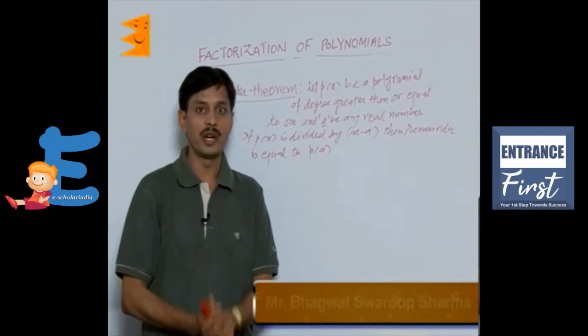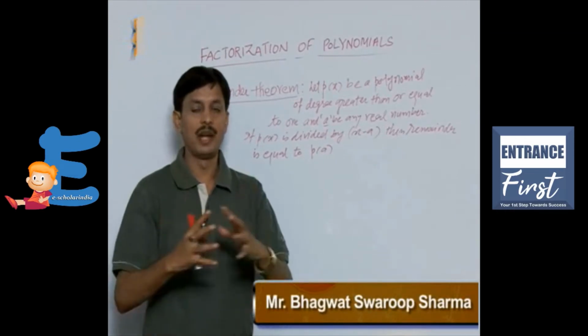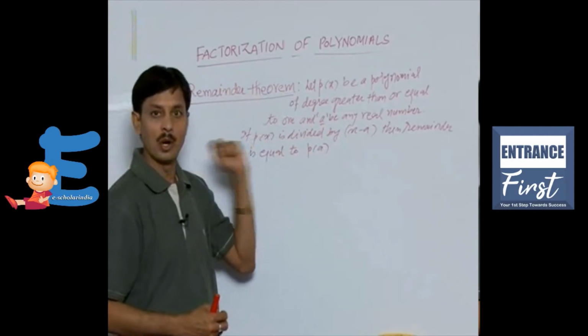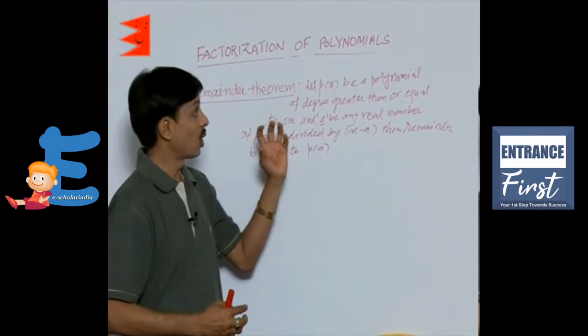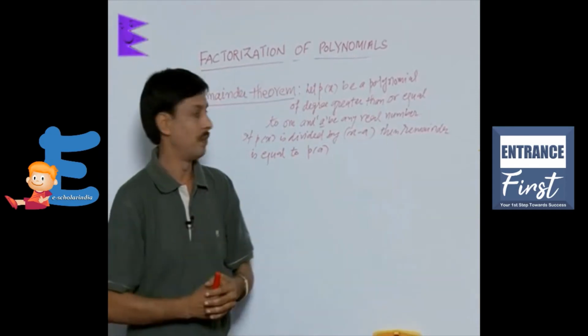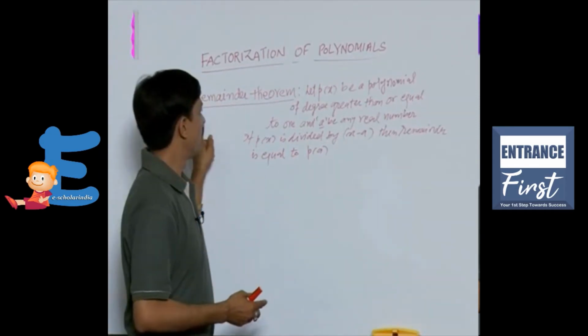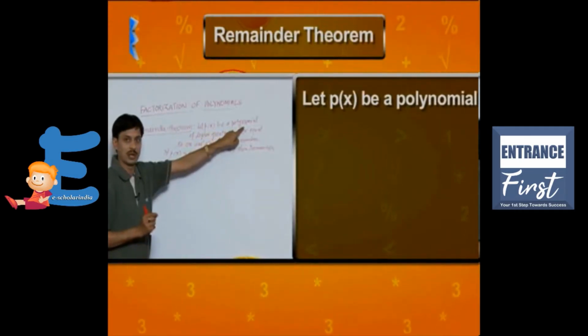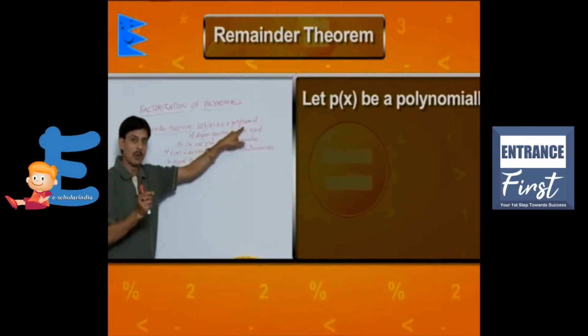Now, a very important theorem, that is the remainder theorem for the chapter Factorization of Polynomials. This theorem is related to polynomials and the real number. What is this theorem? The remainder theorem states that if P(x) be a polynomial, we have any polynomial